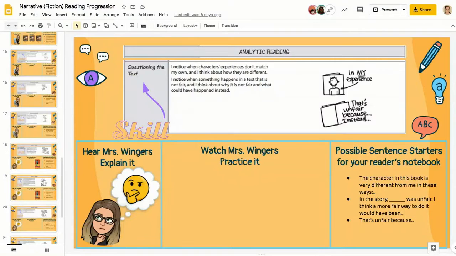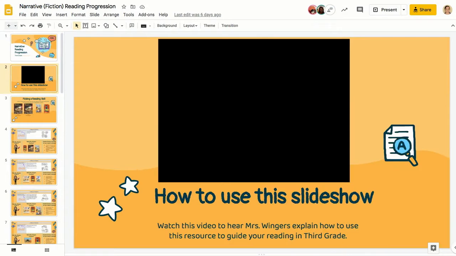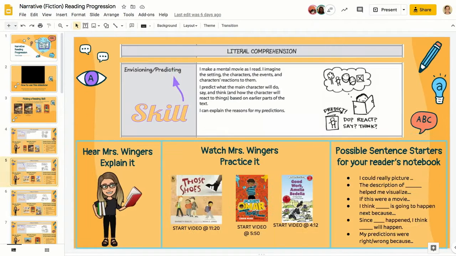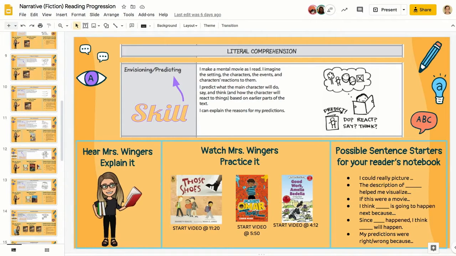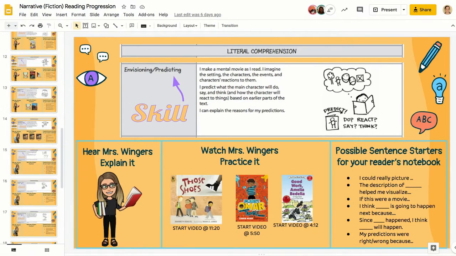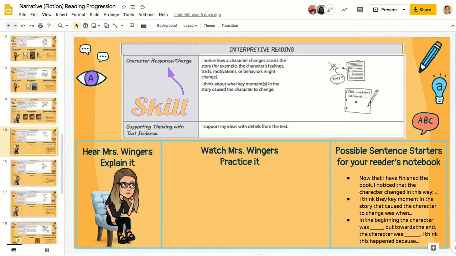Okay, so now my brain is ready. I'm ready to get started. I'm back in the book in my head. So let's pick out some reading goals. Here we can see our narrative reading progression. I was just kind of clicking through earlier to think of what I might focus on. I'm noticing these are getting pretty filled, which is cool. That means I'm practicing a wide variety of skills. So I want to kind of go down to skills I haven't done yet.